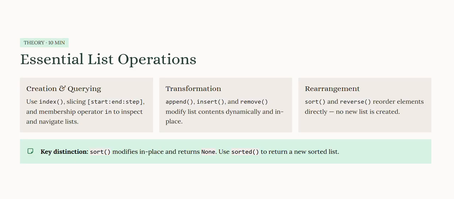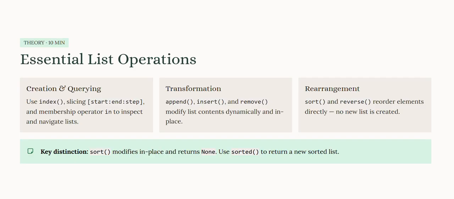So the first thing we can use is the index function. The second thing that can be used is slicing. We have done slicing properly, with multiple examples. That is what we are going to use, and the membership operator in can be used to inspect